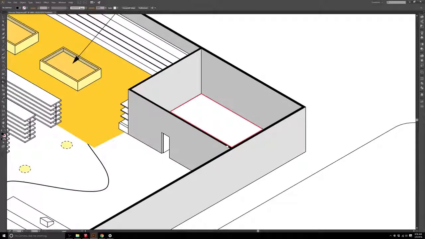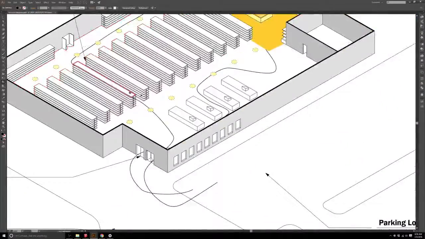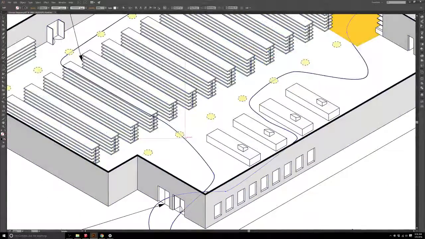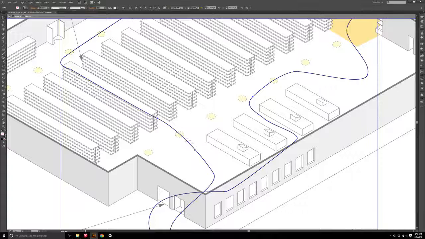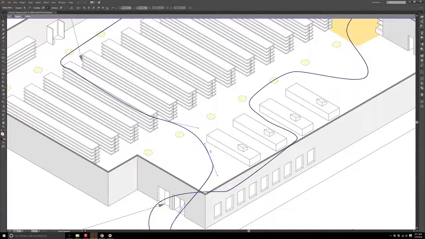To poche those walls, because we're cutting through them. Okay, so that starts to work, right? So now the building's starting to read a little bit better. Maybe with some of this pathway, you're thinking, well, I don't really want it to intersect with that light quite like that, so I'm going to pull this guy out a little bit more. Those anchor points, when you hold control, you have to hold control to do this, become a really nice way of